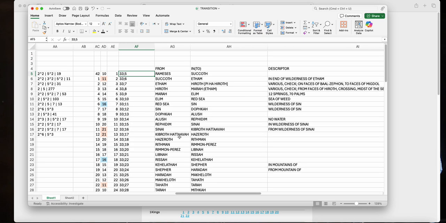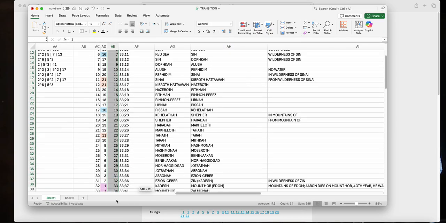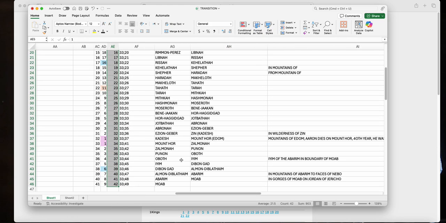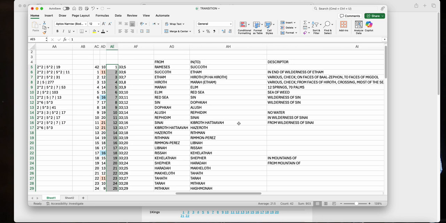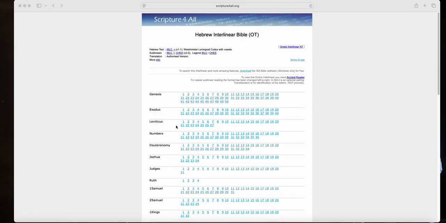These are going to be your descriptors, but we're going to see that they got the destinations. So you're going to be leaving from one spot of the camp and pitching in the next. Right, so we end up with 42 total stops taking place, and some of these stops you'll notice have descriptors here. So when we're actually looking at the scripture here, and we're in Numbers 33,